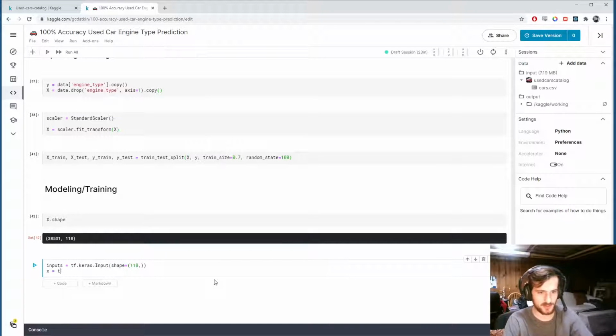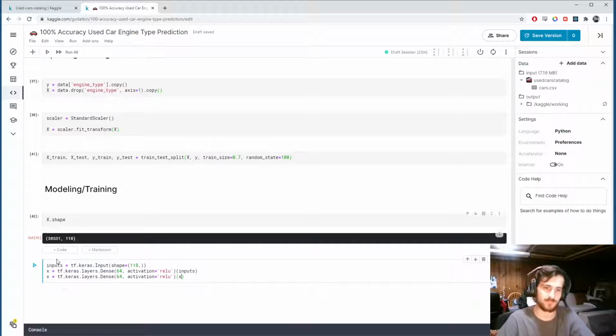And then we're going to have just 2 hidden layers. That's all we really need. tf.keras.layers.Dense, 64 activations, ReLU activation, very standard. Passing in inputs here, and I'm going to duplicate it and then pass in x to the second one. And then the outputs will be another dense layer